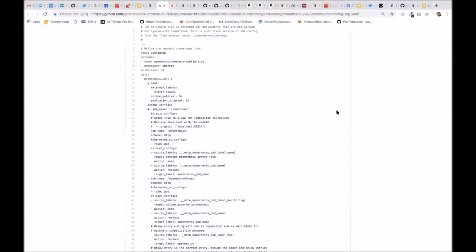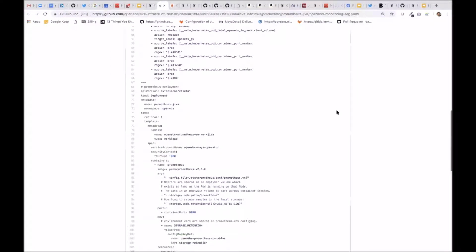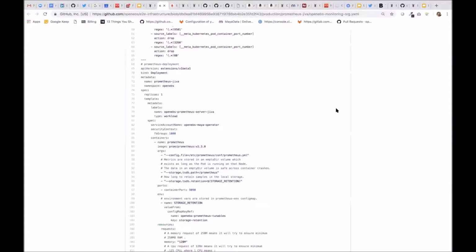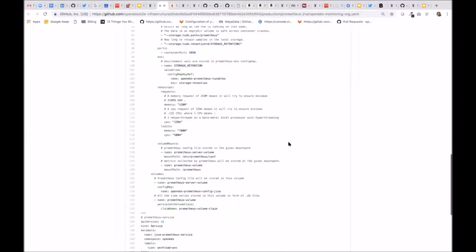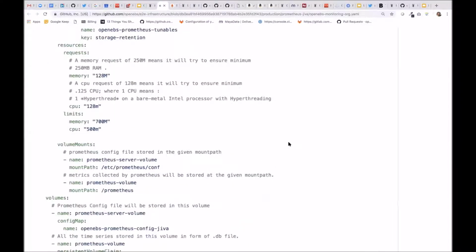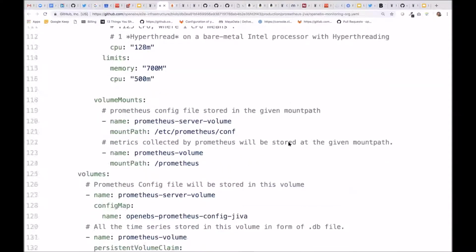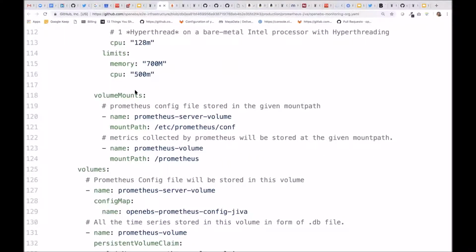So there's a config map here, and then let me go to the deployment. So in this deployment, the most important thing that we want to talk about is the storage, right? As you can see, the volume mounts are pointing to one for the config and one for the actual